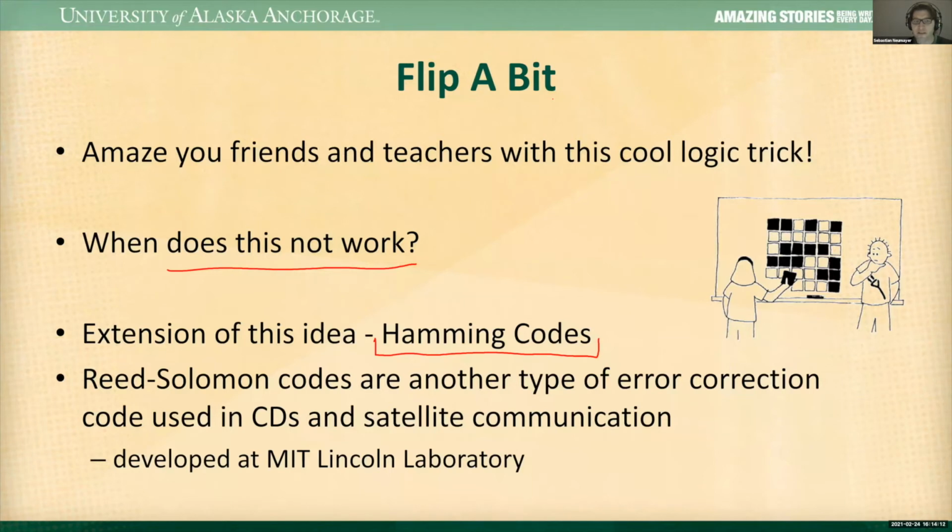And so they use this for anything from CD error correction to satellite communication, because when you're sending something from Mars or one of the outer planets, the signal is very weak. You're not sure if it's a 0 or a 1. Sometimes that bit gets flipped quite often. So you need very strong error correction for those types of applications.